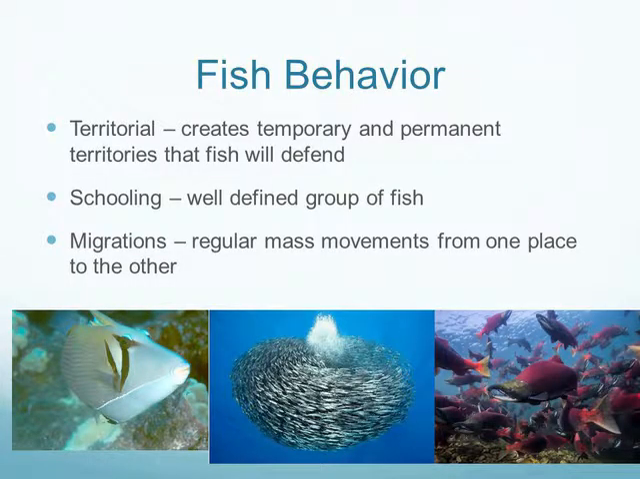So fish behavior. Fish can be territorial, so that humuhumunukunukuapua'a is very territorial, especially when they are mating. And they can create temporary and permanent territories that they will defend. Yeah, so what he's trying to tell you is I got bit by one of these guys on Maui one time when I was snorkeling, and I had no idea I had swam over its nest, but because it was protecting its nest, it came up and bit me on the arm. That was fun. They can also do schooling,